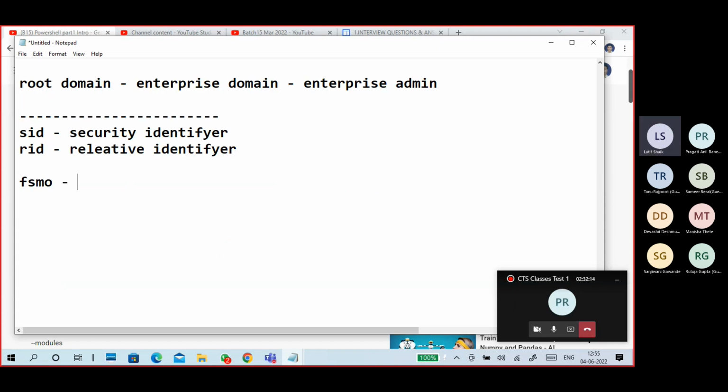What is FSMO? Flexible single master operation. I don't remember whether I discussed the FSMO roles or not. There are 5 roles.